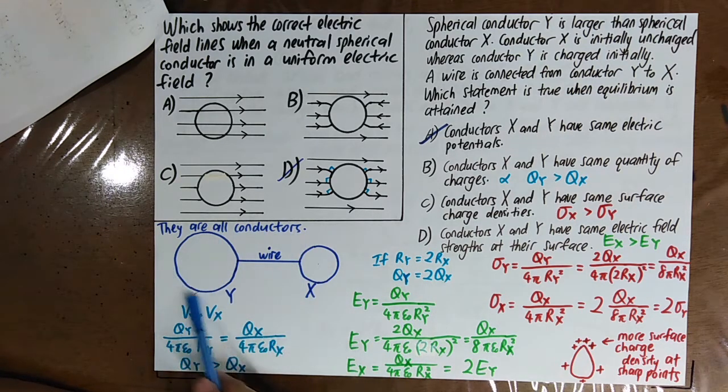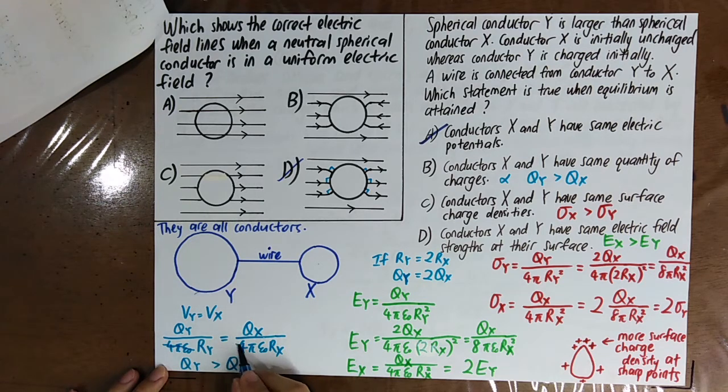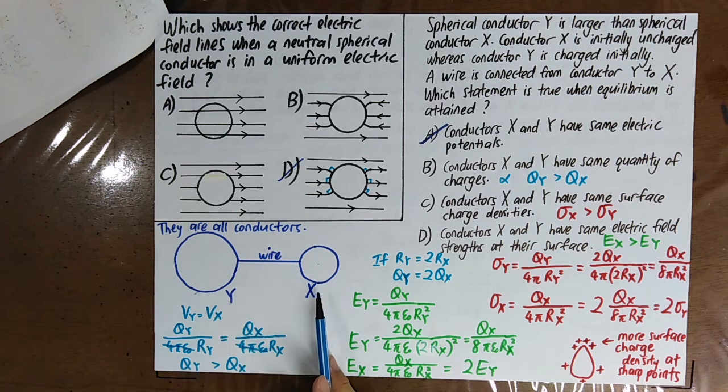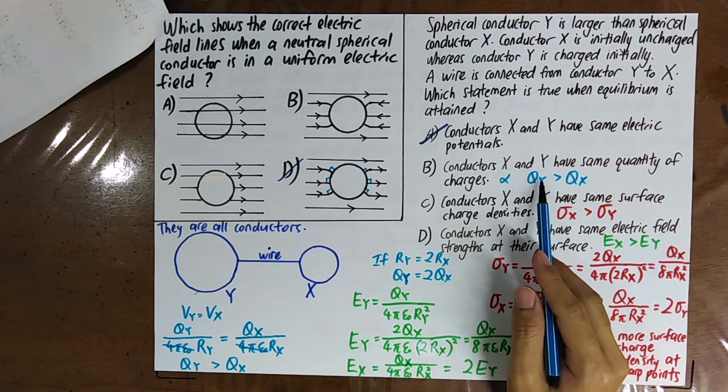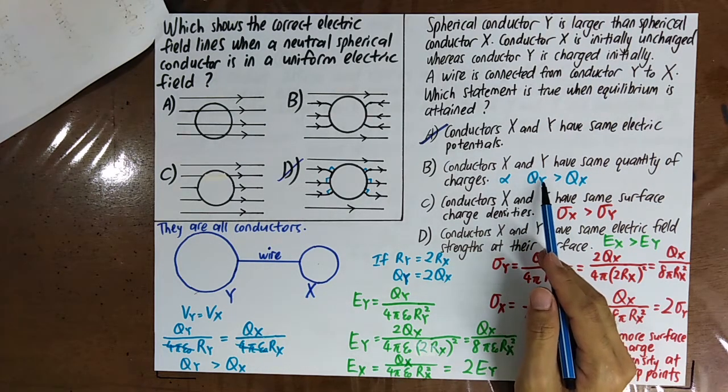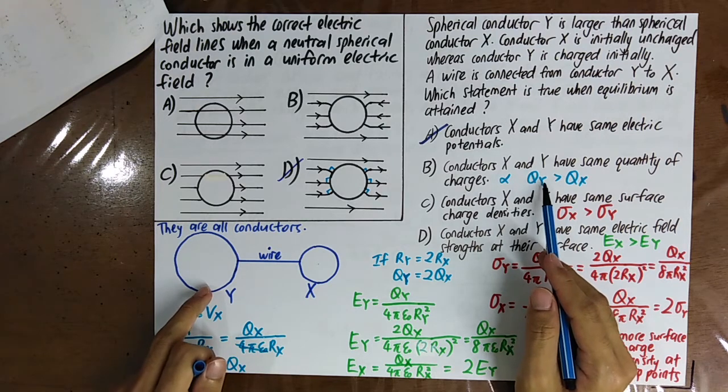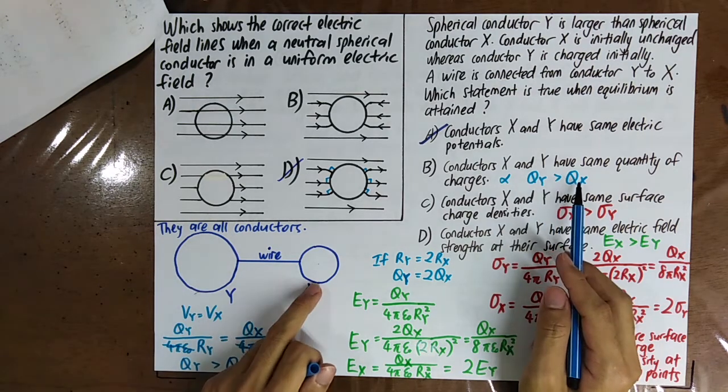You know that the potential of Y is equal to the potential of X, and then you use this formula. You realize that the 4 pi epsilon naught can be cancelled out. Qy over Ry equals Qx over Rx. So when Ry is larger than Rx, Qy is larger than Qx. The charge contained by the bigger conductor must be more than the charge contained by